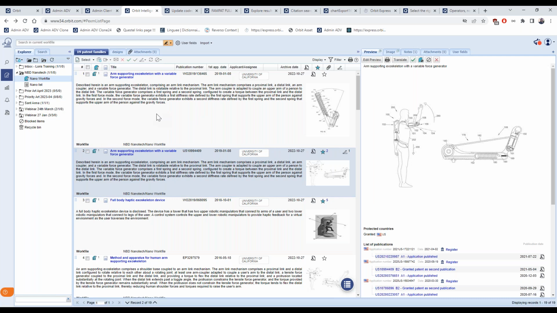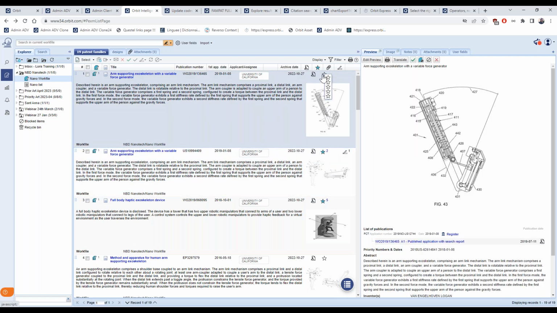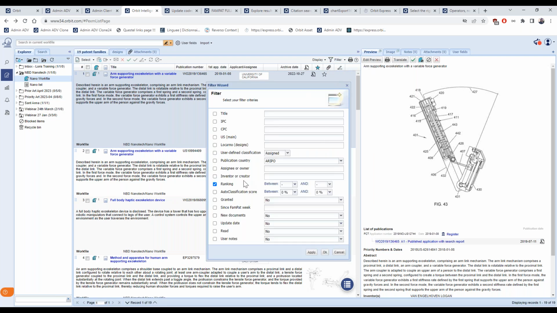So this is about the results sharing topic that was widely dealt with during the basic session. What you can share, quickly speaking, is a ranking. So you can see a star icon. You can evaluate this family, and then you can filter based on the ranking you gave. In the filters, you can set a ranking between a value and another value and see only those results.